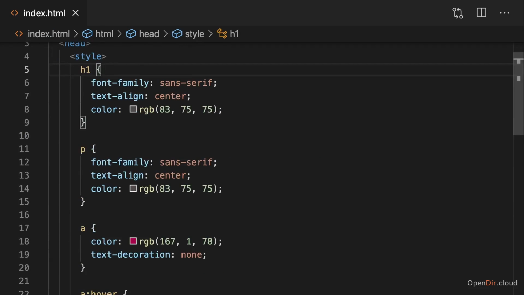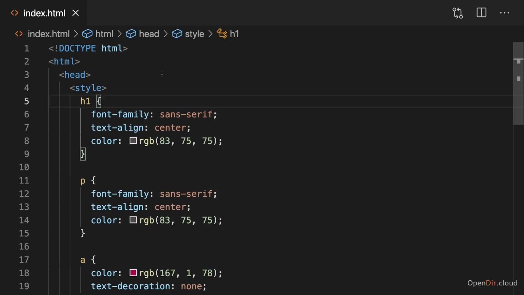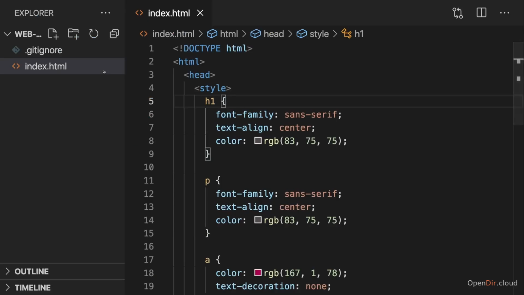But it's also therefore totally normal that we want to outsource this into a separate file. That we want to put our style definitions into a separate file, which we then just add and merge into this file, so to say. And that is something which is officially supported by browsers and by HTML. We can create a new file here by clicking on this icon or using the new file shortcut, and then give this file a name of our choice, for example,